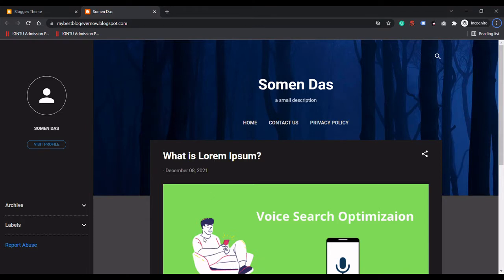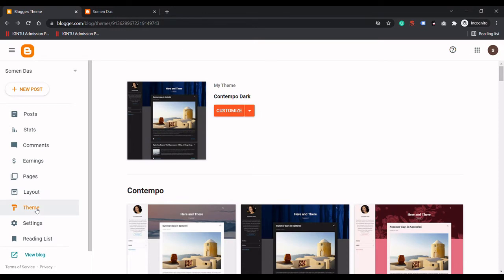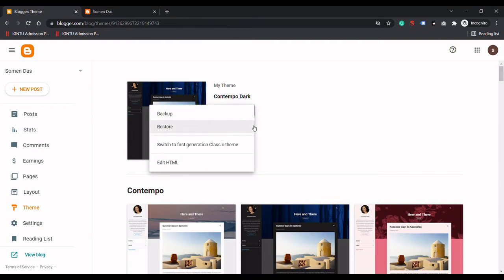In this video, we will try to upload the theme that we have downloaded in the previous video. So for that, we will go to the dashboard and here we will go to the theme option. Now here in the customize option, if we click on this drop down option, there are multiple options you can